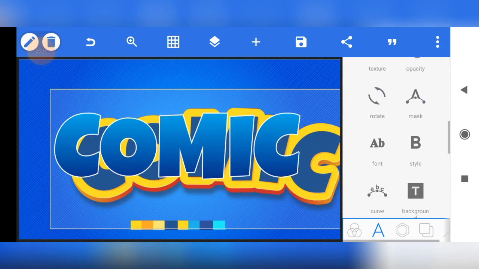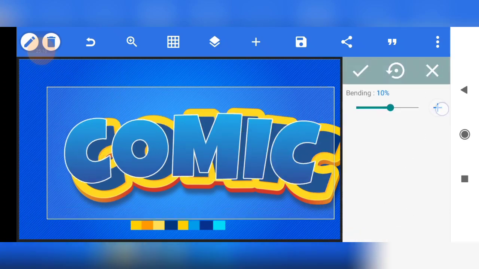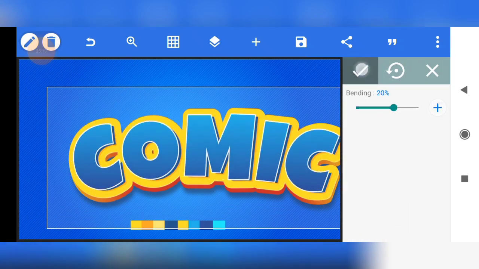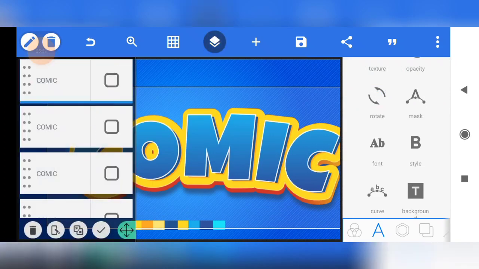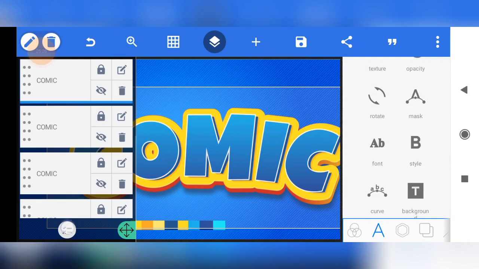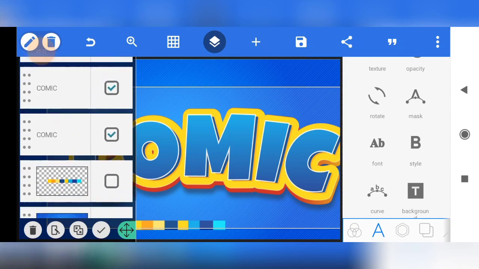Just do it for all the layers. Then this is the last one, increase the curve to 20. All right, so this is what we are working with now. Mark everything, just click on this and you will see a box. So just mark all the layers,